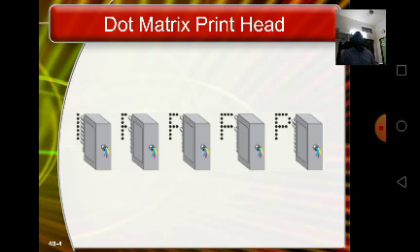Although this sounds like a slow process, band printers are very fast and very robust. Depending on the character set used, a good quality band printer can generate 2000 lines of text per minute. That is band printers.